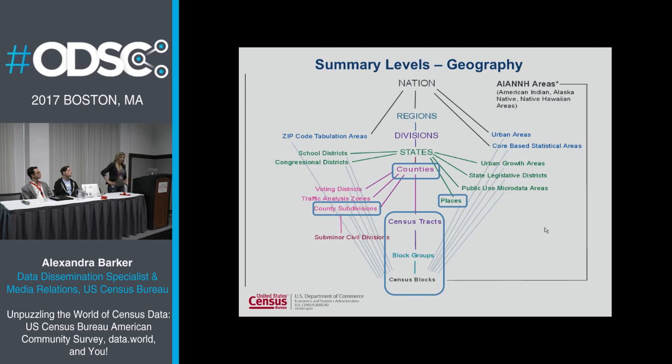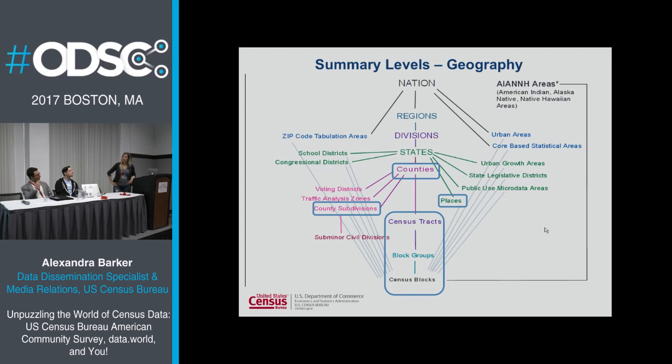Our cities and towns in New England, New York, New Jersey, Wisconsin, and Alaska are called county subdivisions. Divisions of counties, we don't have county governments. Every city and town has some form of government. That's something that's important to know in the data world. If you pull from places and don't see a map to verify the boundaries you're expecting, you could be talking about half of a town, or maybe a town and a half. So always be aware of that. Places for every other state, but not for New England, New York, New Jersey, Wisconsin, Alaska. The terminology is county subdivision. And sometimes we call it minor subdivision too.